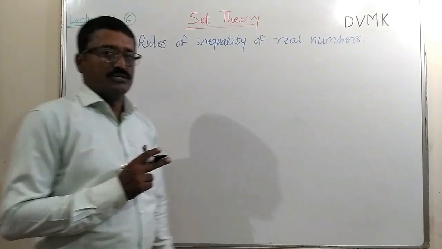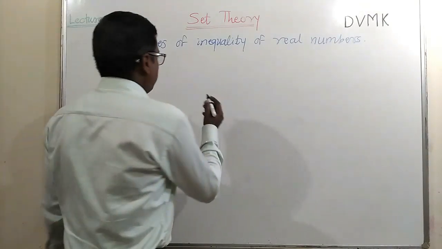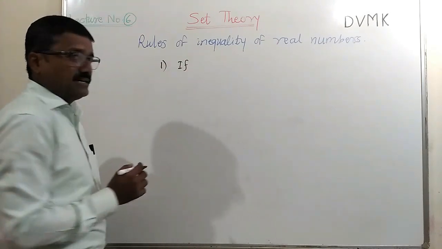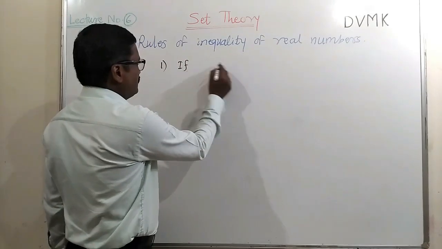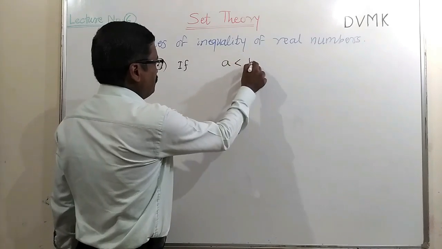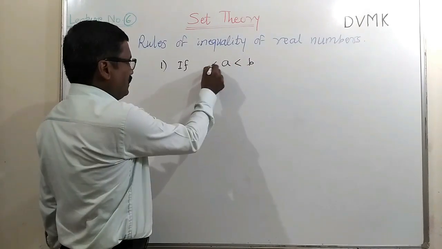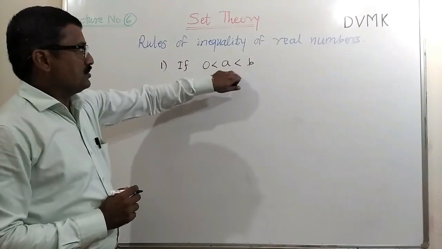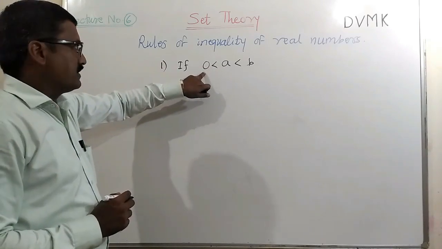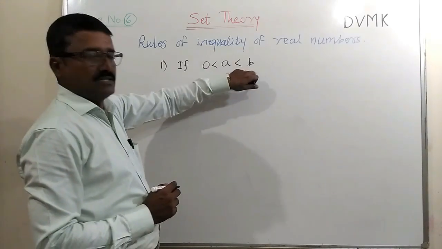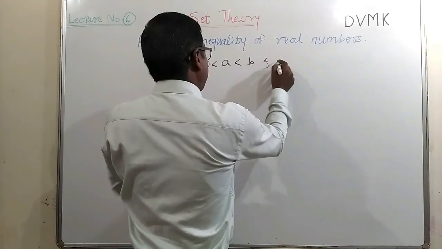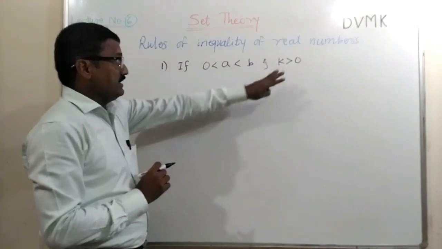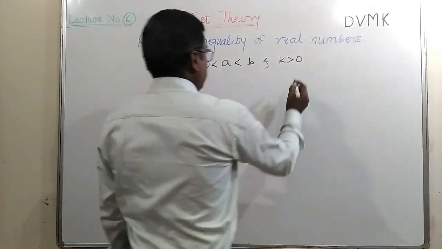There are two important rules in this article. Let us see the first one. In the first case, suppose A and B are any two real numbers such that A is less than B and both are positive numbers. Suppose A and B both are real numbers greater than 0, means positive, but A is smaller than B, and K is another third real number which is also positive, then